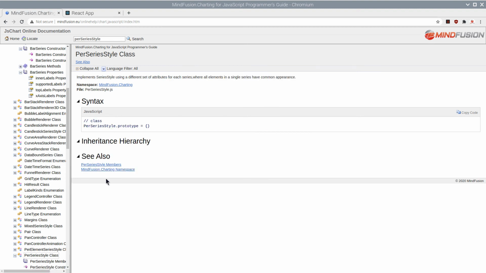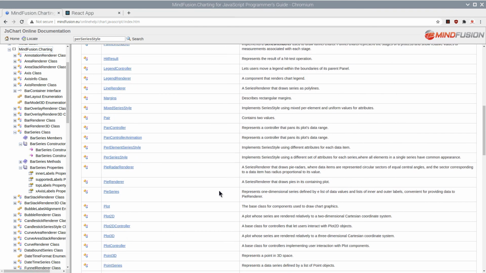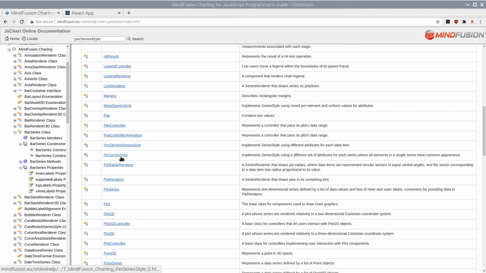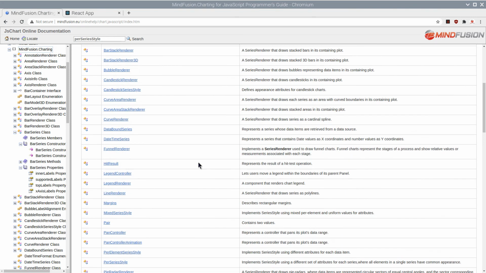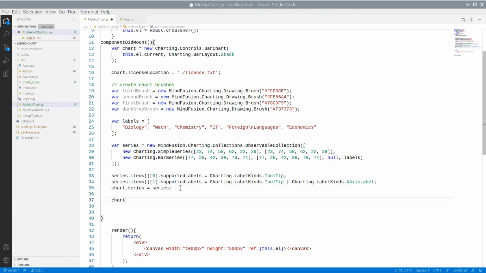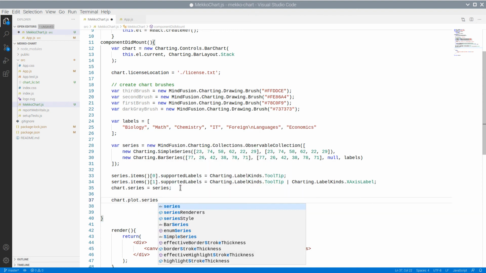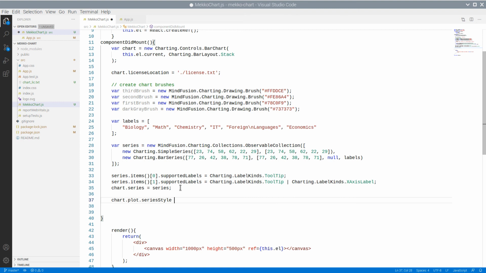The brushes, strokes, stroke thicknesses, and dash styles are provided as arrays in the constructor. We create an instance of the Per Series style and use the brushes we defined.